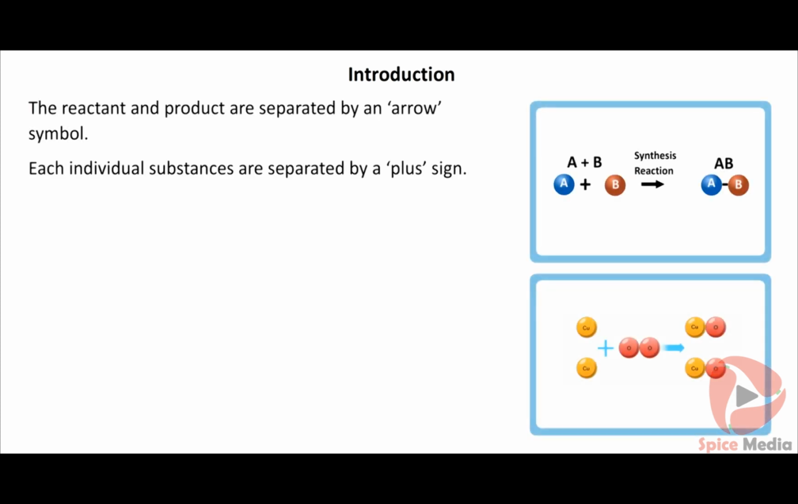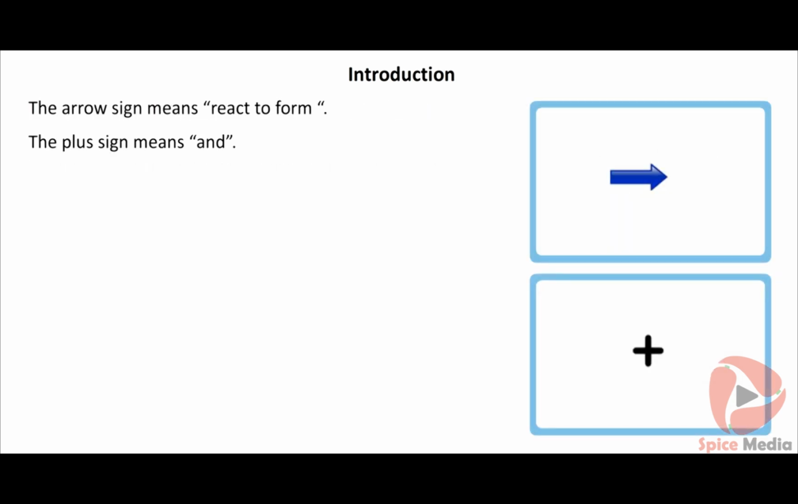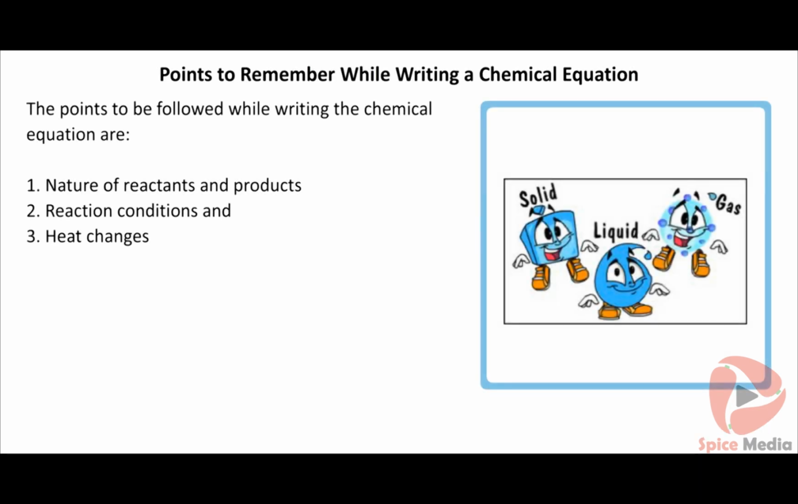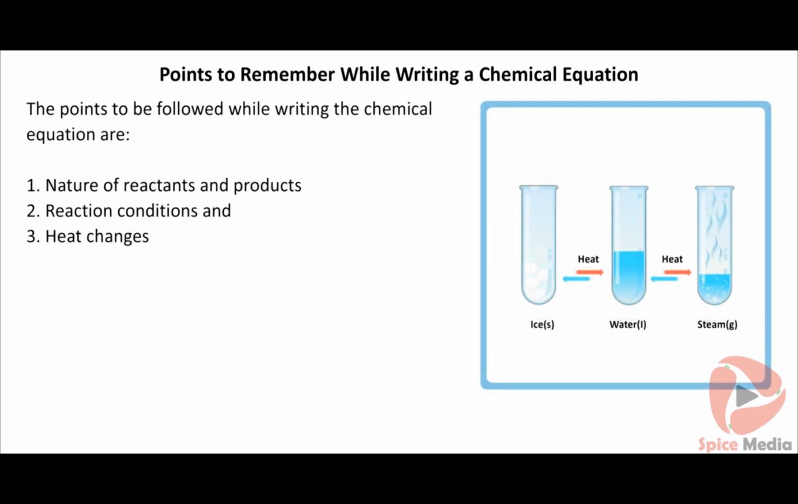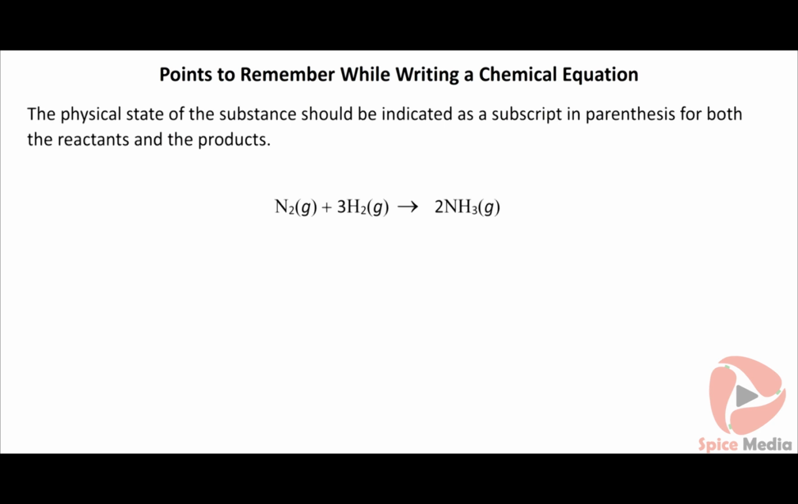The reactant and product are separated by an arrow symbol. Each individual substance is separated by a plus sign. The arrow sign means "react to form." The plus sign means "and." The following points are to be remembered while writing the chemical equation: nature of reactants and products, reaction conditions, and heat changes. The physical state of the substances should be indicated as a subscript in parentheses for both the reactants and